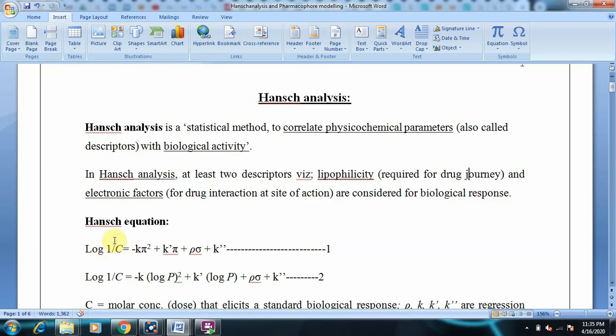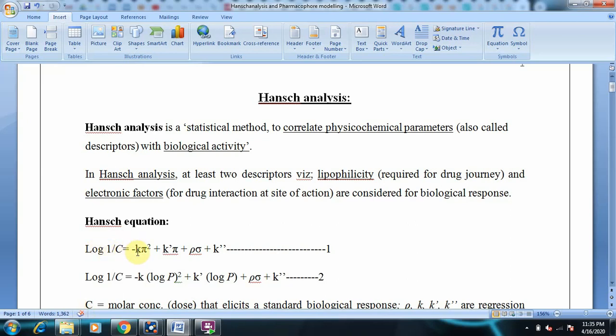The lower the concentration, the better the activity, and then we say that the drug molecule is very active. We do not go for a drug which has action at high concentration. Indeed, we prefer a drug which executes good biological activity at low concentration. So instead of biological activity, we can use the term concentration, and that is log 1/C. 1/C means that the concentration should be low but the activity should be high.